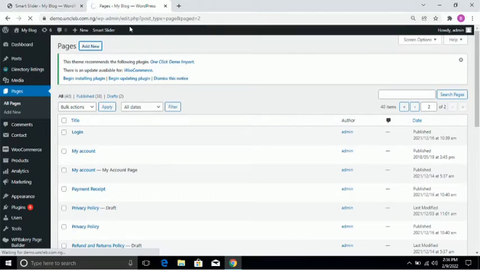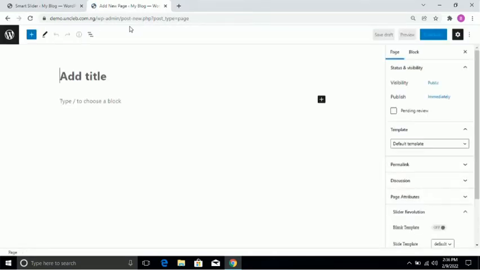We can use any page builder, so this particular plugin works with almost every page builder out there. I've used it with Elementor, with Gutenberg, with WP Bakery page builder. So let's say we call that one slider